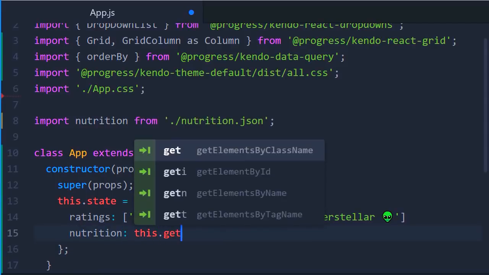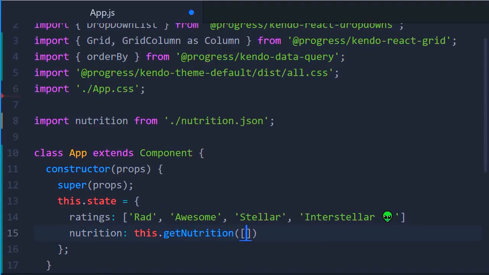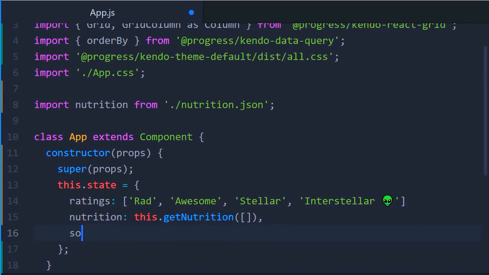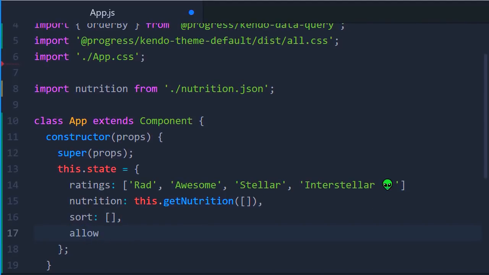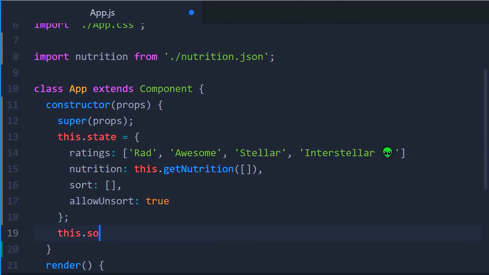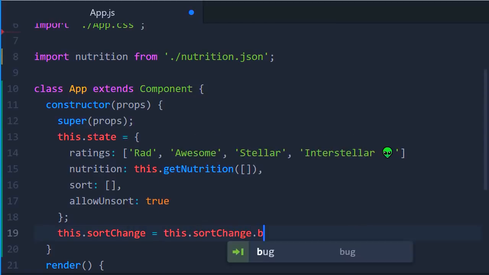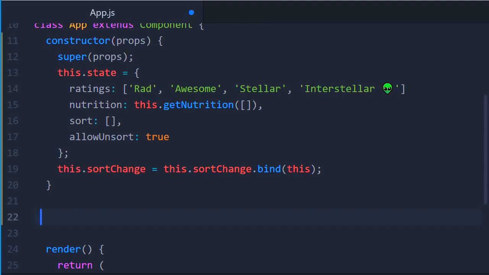So first, nutrition. And we're not just going to straight up pull out that JSON file. We're going to pass an empty array to this.getNutrition function, and sort gets an empty array as well. We'll get into that function later. allowUnsort lets people unsort. So we're going to set that to true. And this.sortChange, we need to bind to this inside of this constructor first. So, functions, sortChange. This one, we pass the event